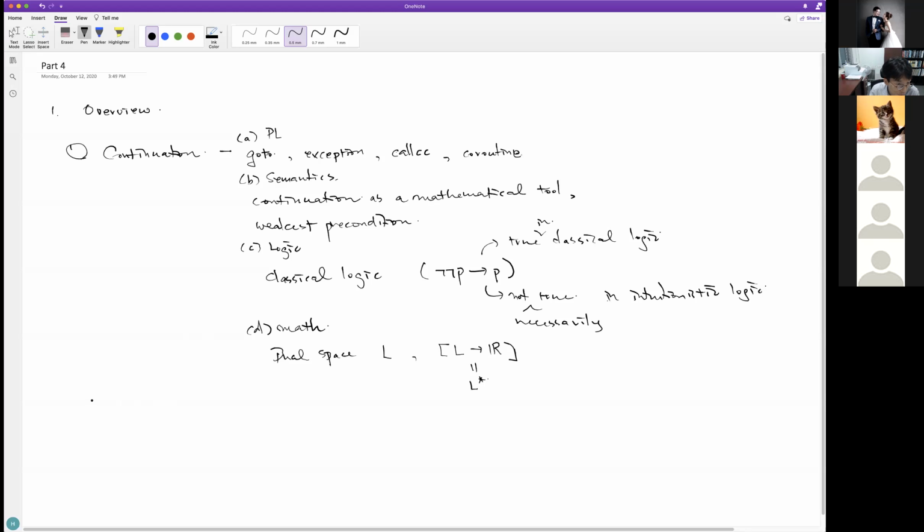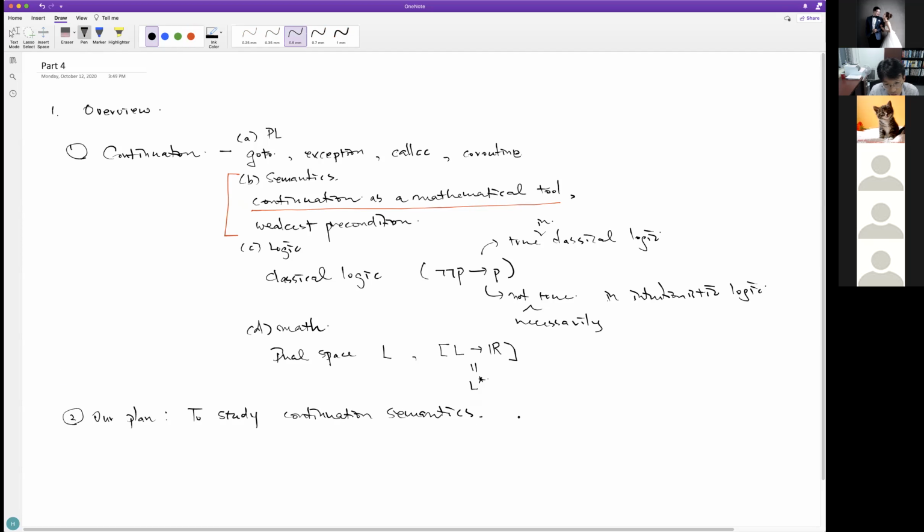So what we're going to do today is introduce continuation from the semantics perspective. And especially we're gonna study continuation as a mathematical tool to define the denotation of semantics. And I'm gonna tell you why we want to do this. Our plan is to study continuation in semantics, or you can say continuation semantics, which means semantics that uses continuation.